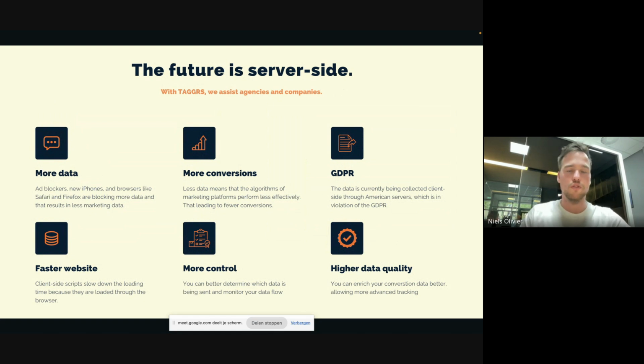It gives you more control, because with server-side tracking you have all the data visible, so you can really see what data is exactly being sent. With third-party tracking, Google or Facebook determines themselves what data is being sent, and now you're back in control, and you can decide whether you want to send, for example, IP addresses or not. So it gives you more control, and it gives you a higher data quality, because you can enrich the data that you send to Google Ads or to Facebook,